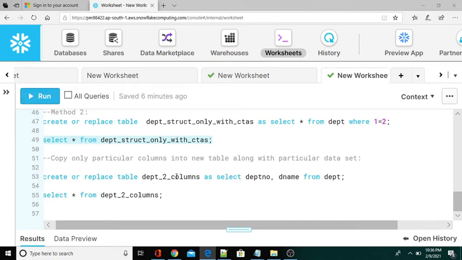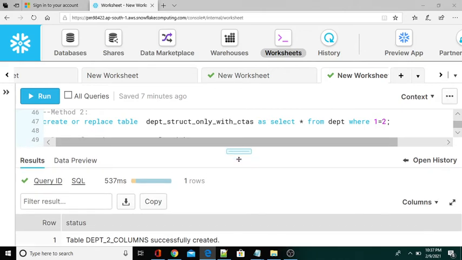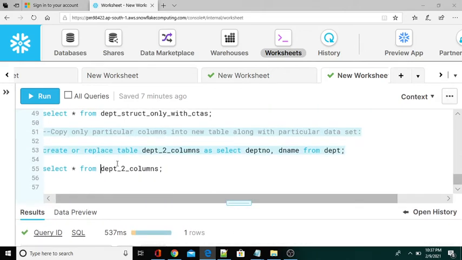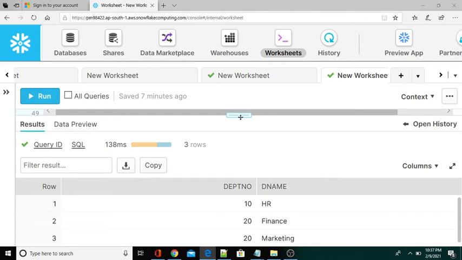In that case you can create a table like this: create or replace table DEPT_2_COLUMNS, that means two columns only, as select DEPT number, dname from DEPT. This is with the data set. Now let me create these two columns. This table DEPT_2_COLUMNS is successfully created. Now let me query the data: see, here are three rows of data but only two columns.